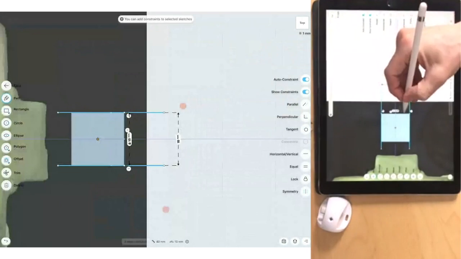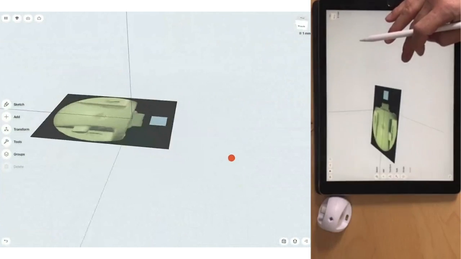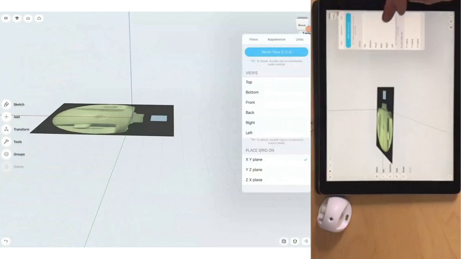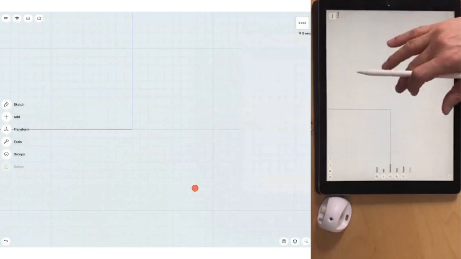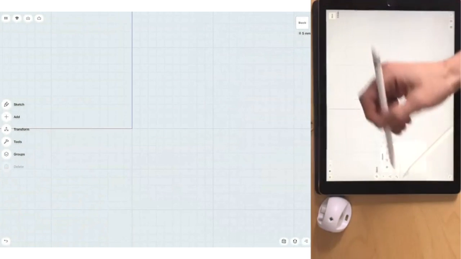All this now I can delete. We don't need it anymore. This was on the ground. And we can do the side view, set back. Let's see. Yep. So back, and